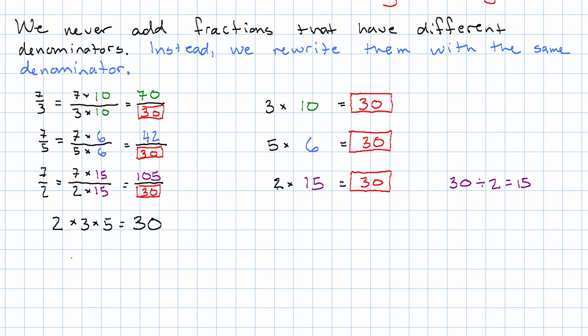So our original problem, 7/3 plus 7/5 plus 7/2, can be rewritten as 70/30 plus 42/30 plus 105/30, which gives us, let's see,